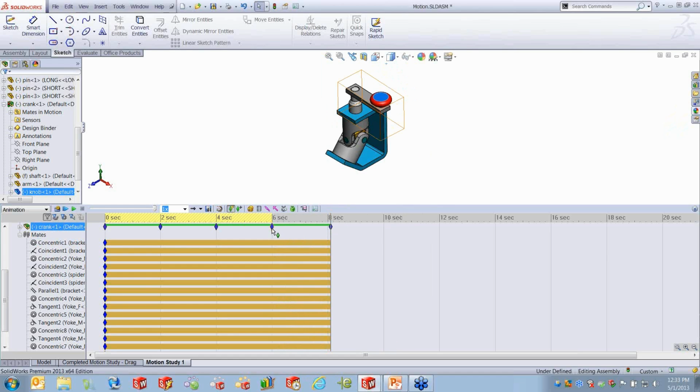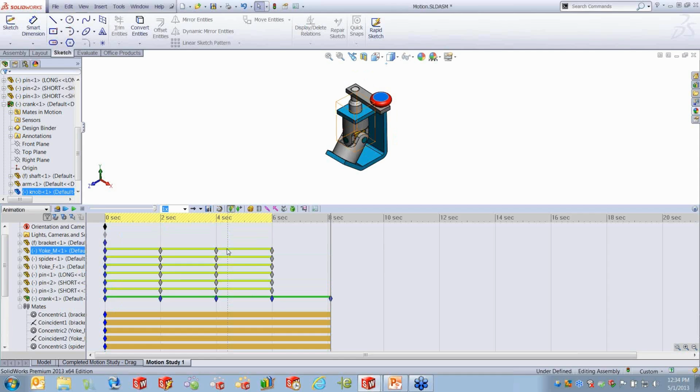Now, each time I dragged it, I got a key point for that crank showing me that I'm driving the motion and I'm driving the position at each of those. Now notice as I mouse over the key point, for those of you who use SolidWorks all the time, you know what that symbol means. That's a move. You performed a move of the component at that key point. So use these tooltips to help you figure out what you've already done. Okay, if I look at the rest of the animation,